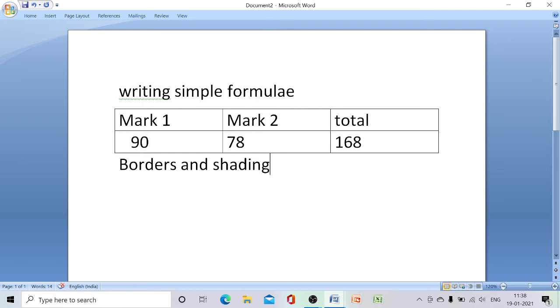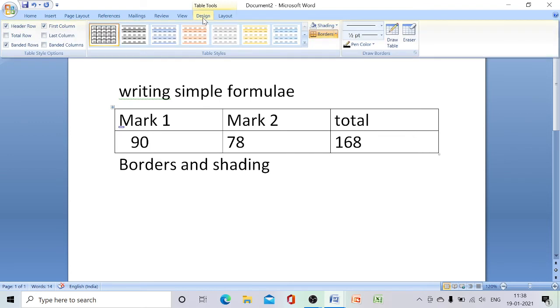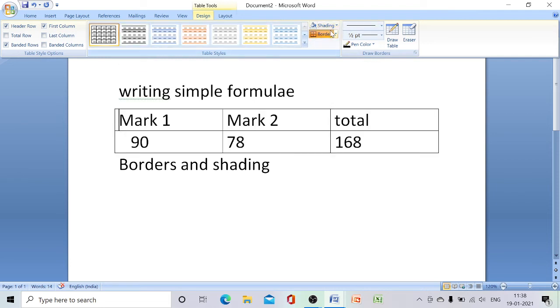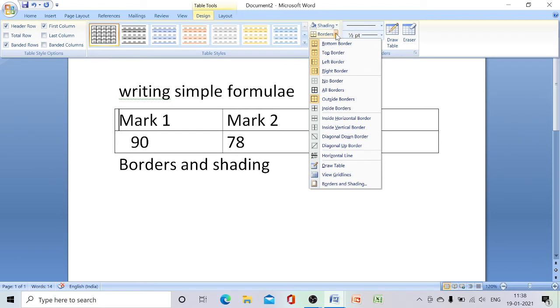To add the border, first we have to click on this table. Then we have to click on the design tab. On the design tab you can see different borders. Can you see the border option? Yes, we have to click on the border.